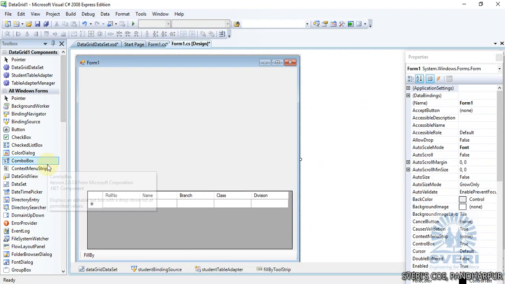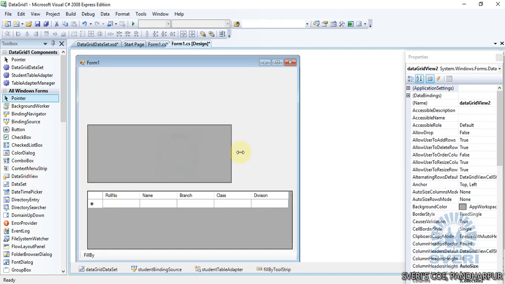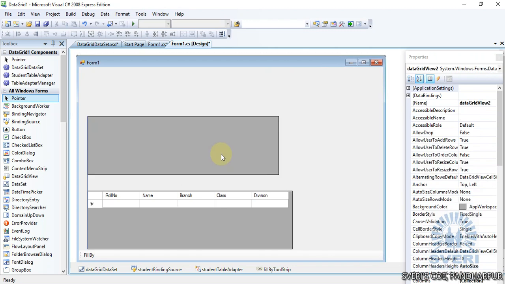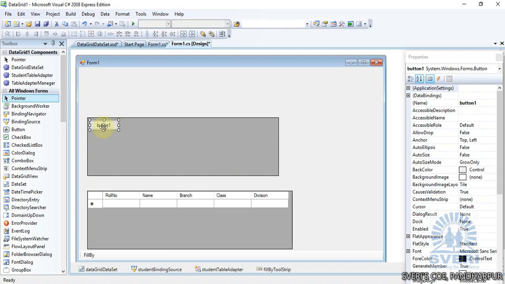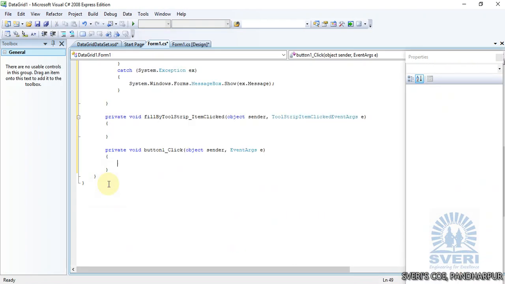For the next thing, whenever we click on a button, it must display the values to the data grid view. For this purpose we have added one more data grid view and one button. I will change the text property of that button as load. So on double click, whenever we click on this particular button, first of all we will open